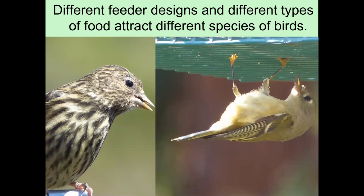So different feeder designs and different types of food attract different species of birds. And so my favorite thing is to try to attract as much as possible. And I document that through eBird, which is a really fun way. And it really helps you with your bird identification, because each list that you generate helps to break down what are the most common birds that you're going to see